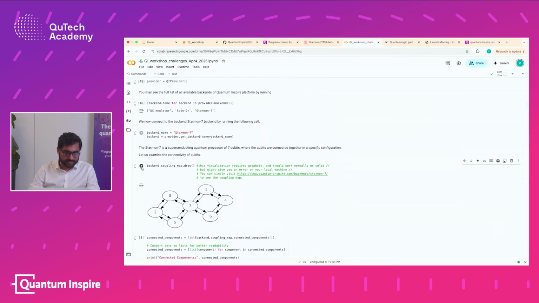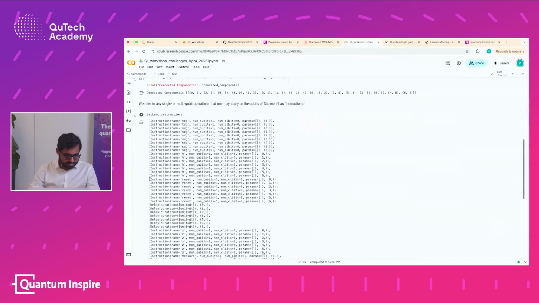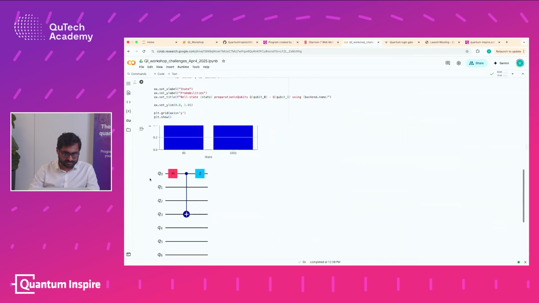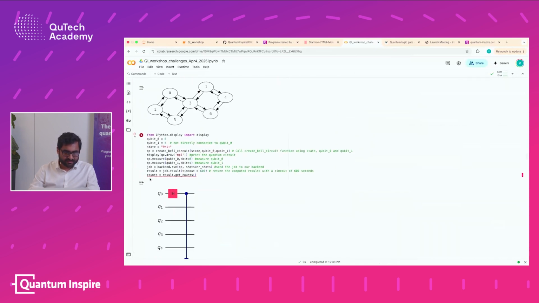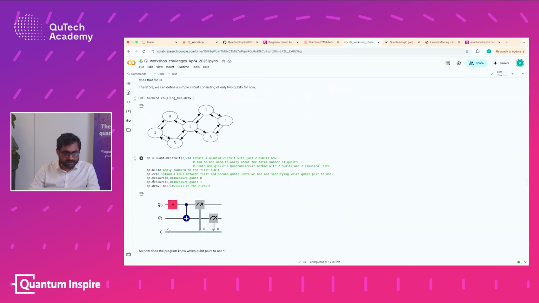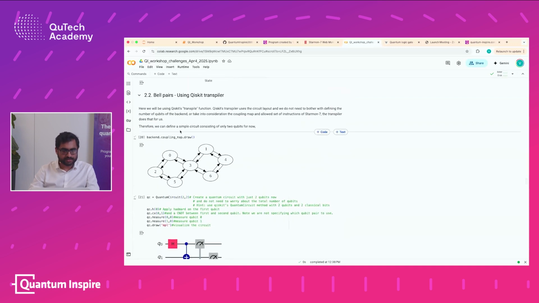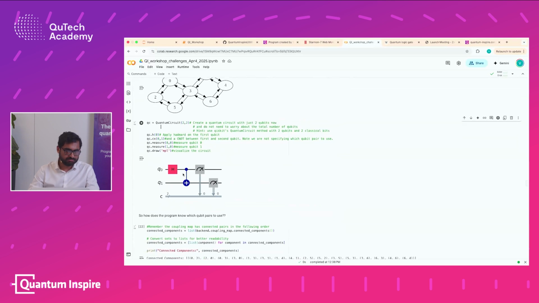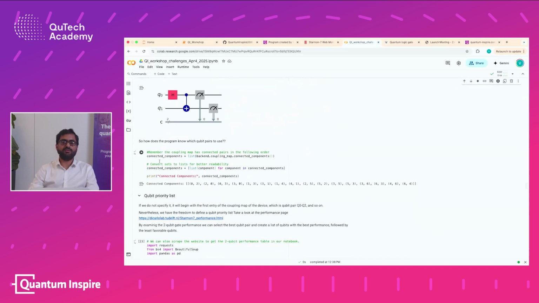And providing *107, everything. So we don't need to execute all the cells. We don't need to go through the exercises again because they're still fresh in the memory. Let me get back to the right cell. So we were exploring creation of Bell pairs using the Qiskit transpiler. I showed you a way to create a quantum circuit without specifying explicitly the indices of the qubits. So you created a quantum circuit with 2 qubits and 2 classical bits. You applied a Hadamard, a CNOT gate, measured them, drew them, visualized them,